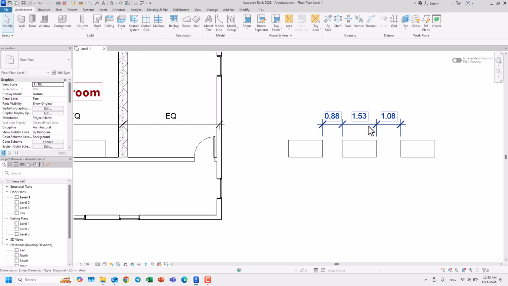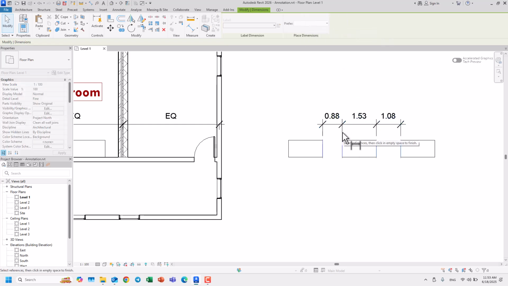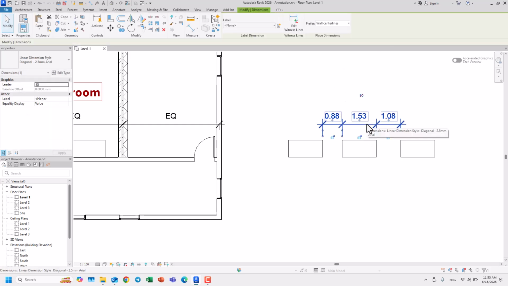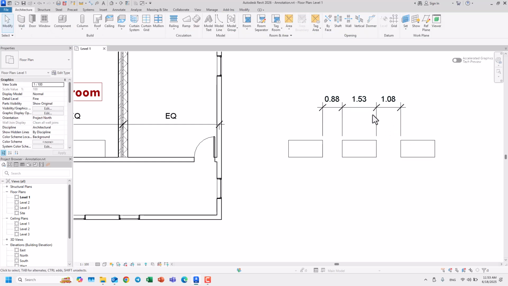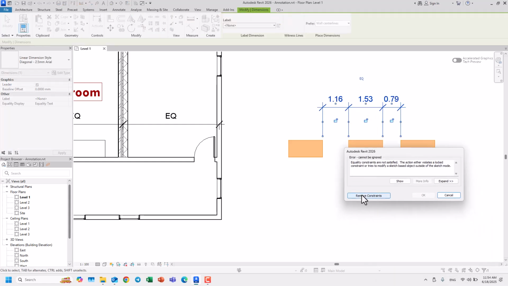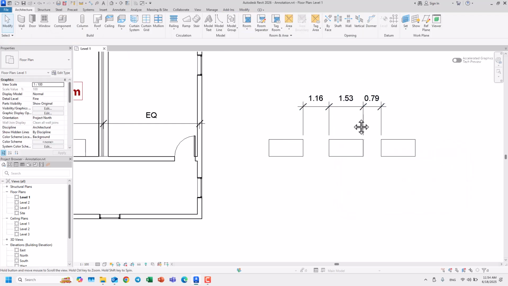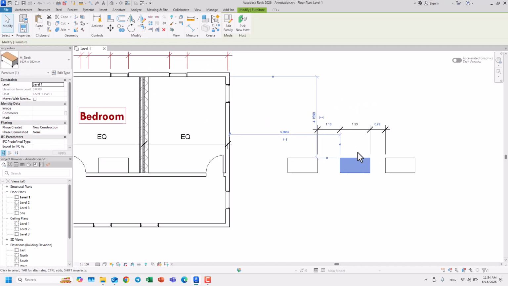Make the spaces equal. For example, let's change this. Edit the witness line. For example, delete this DI. I have a space like this, and a space like this, and a space like this, and it's something like this. I'll say make it equal. Remove constraints. I'll say equal it. It doesn't become equal. I think there is a problem from this. Okay, just try to